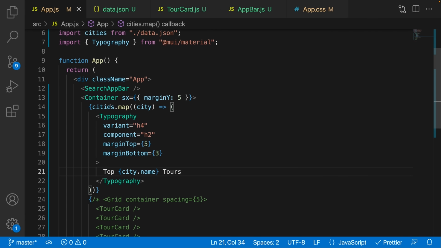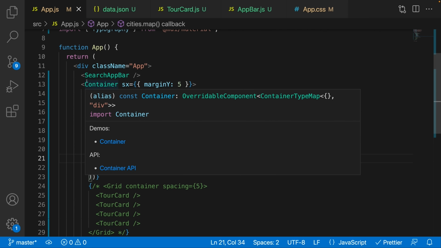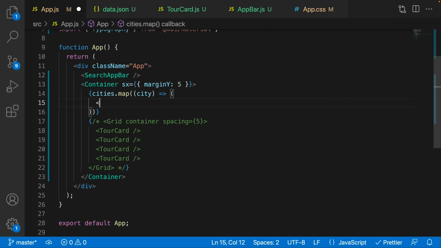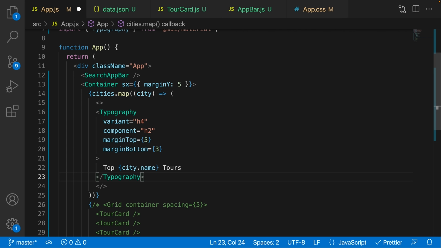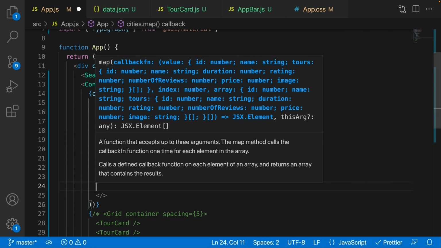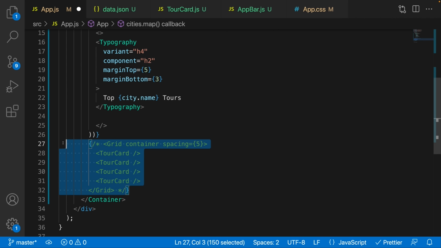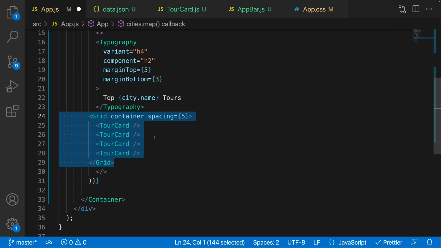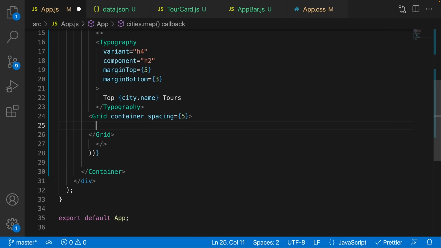But now what we need to do is we need to start iterating over the tours inside of the city. So what we can actually do here is you can wrap this inside of a fragment. So you can say fragment here. So we can leave this typography in. And then what we can do is we can get this grid, paste that in there, uncomment it. And then inside of this grid, what we're going to do is we're going to start iterating over the